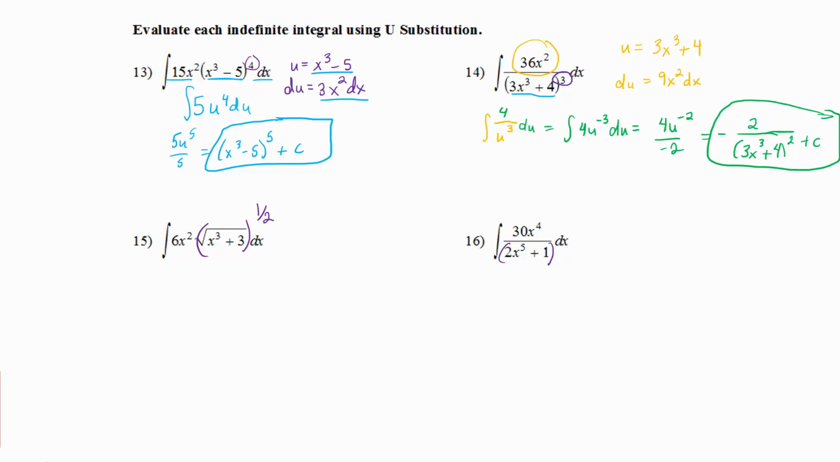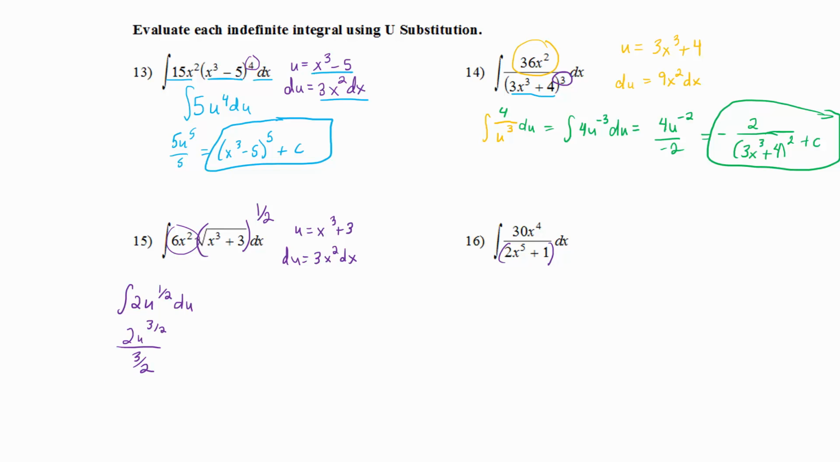Number 15, u is what's underneath the radical, so u equals x cubed plus 3. Du is 3x squared dx. So we compare 6x squared and 3x squared. When we divide those, we get 2. So this is 2 square roots of u, or it'd be easier just to change it to u to the 1/2. And then we're going to add a power and divide, so that gives us u to the 3/2 divided